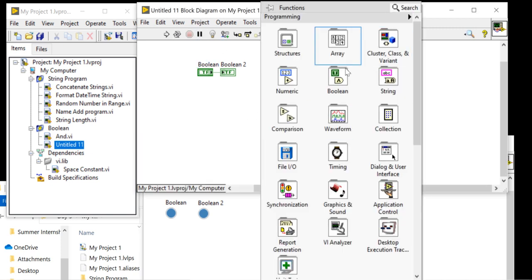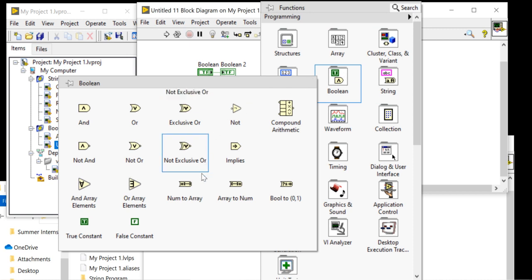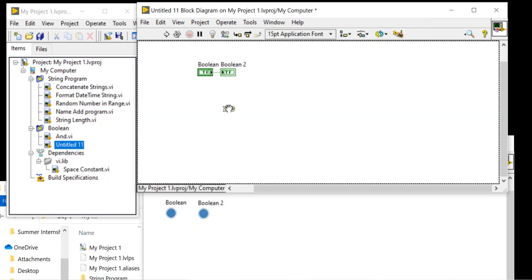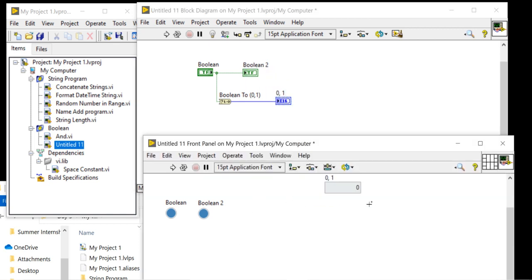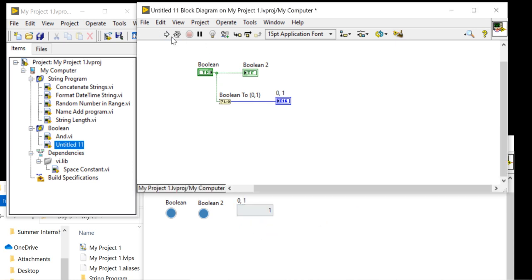Here, right click, come into the boolean data type. You will get boolean to 0 1. Now using this program, you can right click, create indicator. Run.